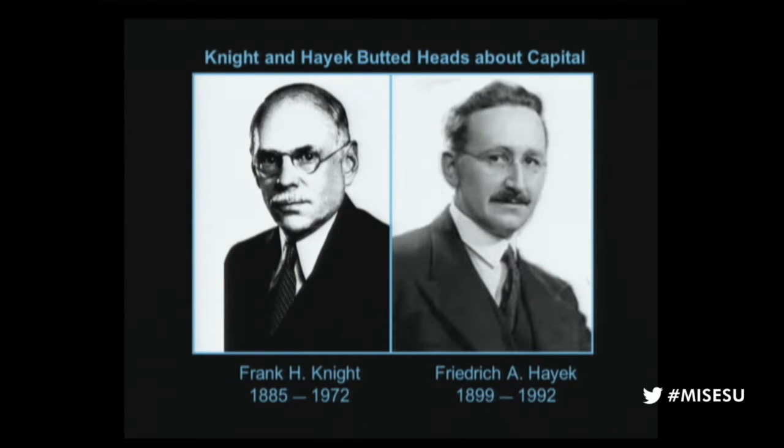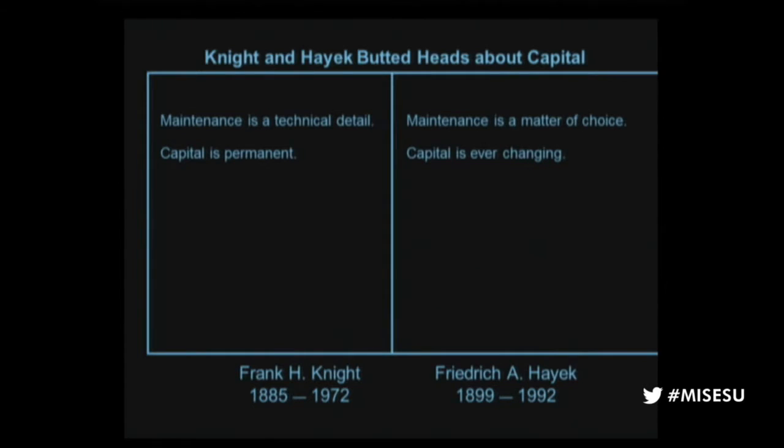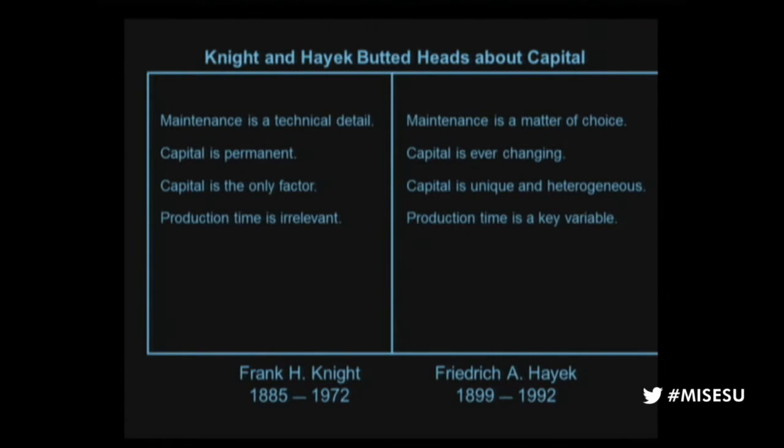Okay, a little summary slide here before I press on with the Austrian ideas. Again, we've got Knight and Hayek, and I just want to give you several aspects of the contrast so you can see how large a contrast it is. So with Knight, maintenance is a technical detail. With Hayek, maintenance is a matter of choice. Of course it is. Capital is permanent. No, capital is ever changing in the Austrian view. Capital is the only factor. Capital is a unique and heterogeneous factor. Production time is irrelevant. And production time is a key variable in a macroeconomic system, in microeconomics too, for that matter. So very much contrast here, and